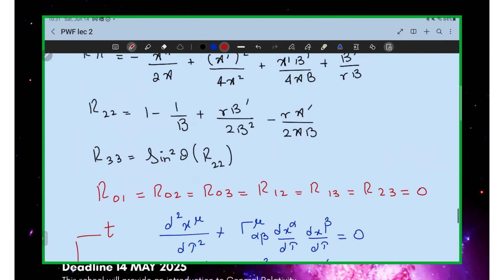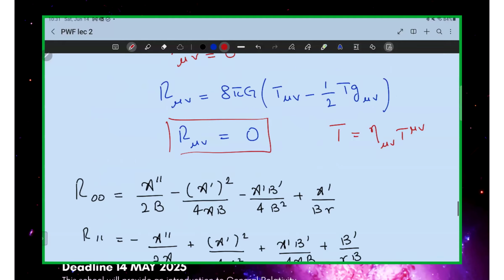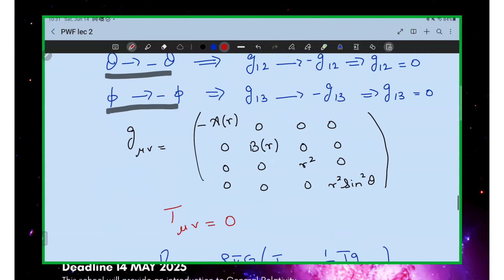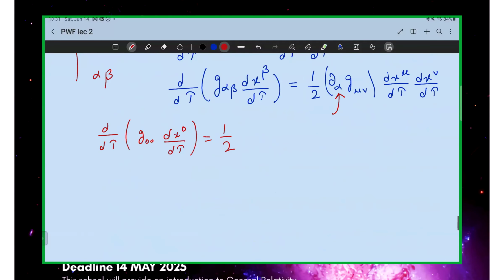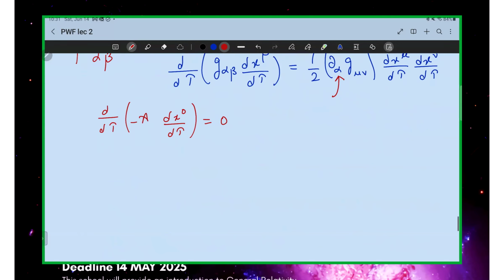But in our metric tensor, nothing is dependent on time. So it means that this right-hand side is 0, right? In our case, this G00 is just minus A. I'm not writing the r dependence, but you know what I mean. So this minus sign can just go away because you can multiply by -1 on both sides. So this is just time,